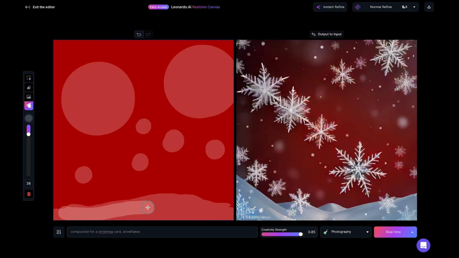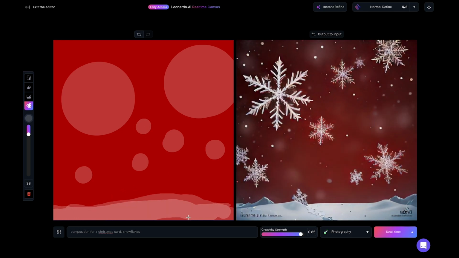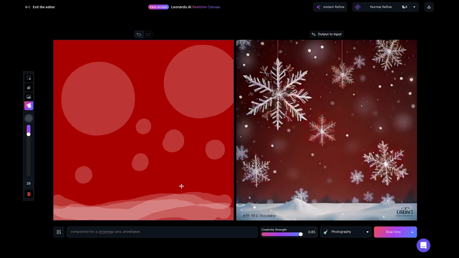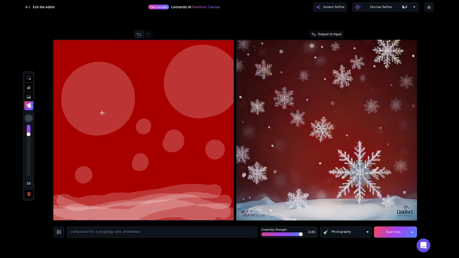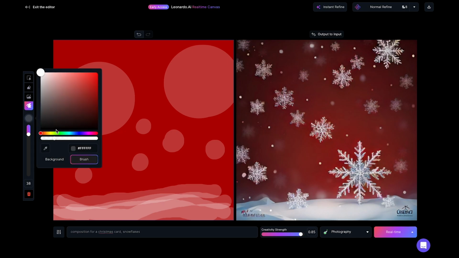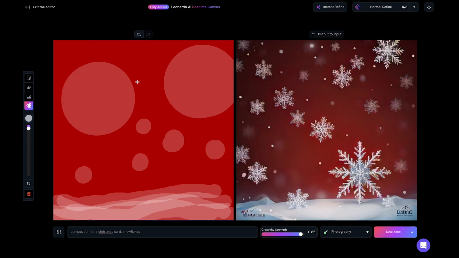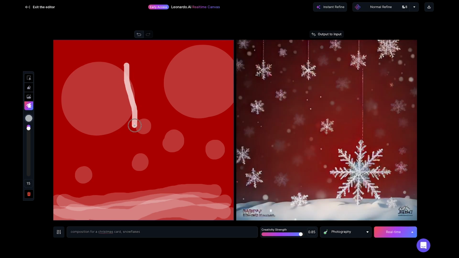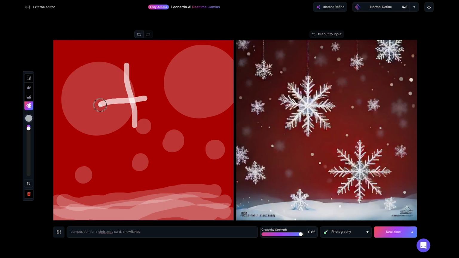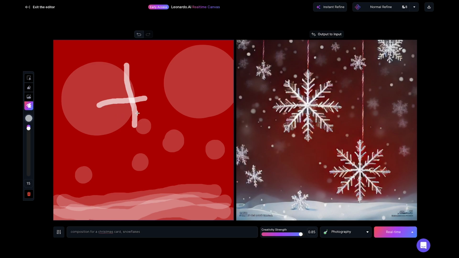larger circle. And now here we want to give it a little bit of snowy ground for the snowflakes to be falling onto. There you go. And now see, I'm using this slider to change the opacity so that I can have those faint snowflakes. That's kind of just like a faint hint. And now here I'm like, I really want to have a snowflake just about right there. So just by drawing that little kind of plus sign there, it figured out that I wanted to have a